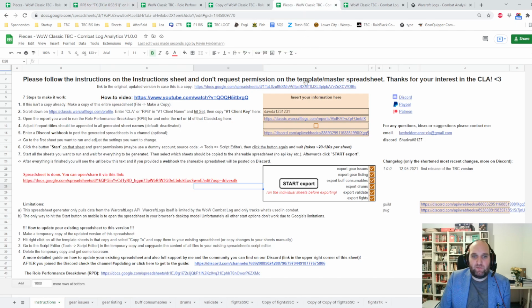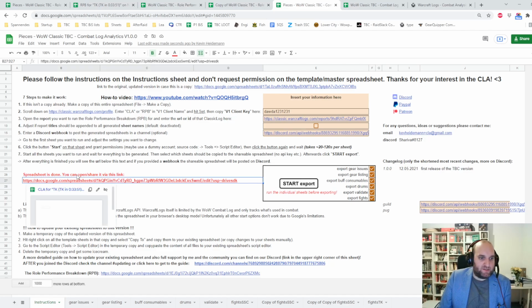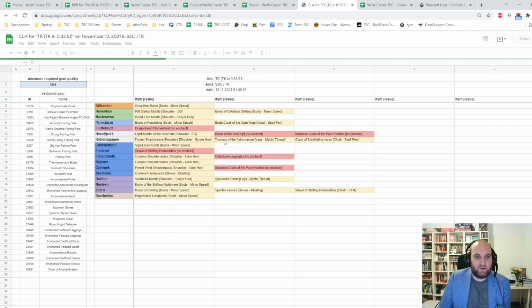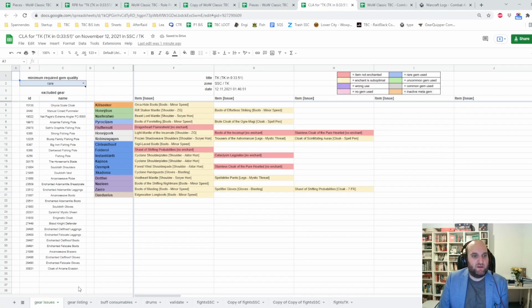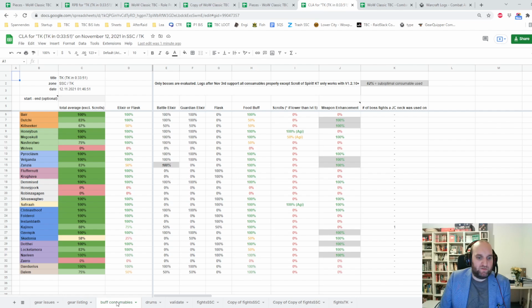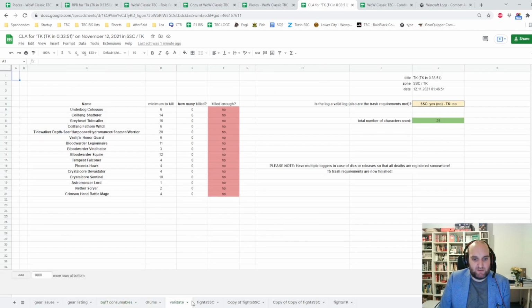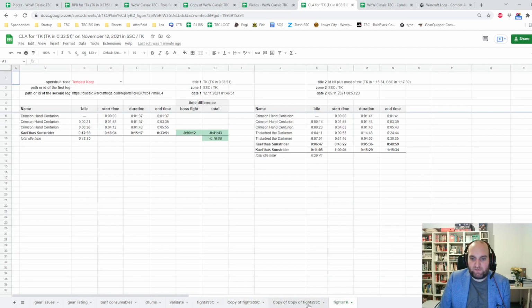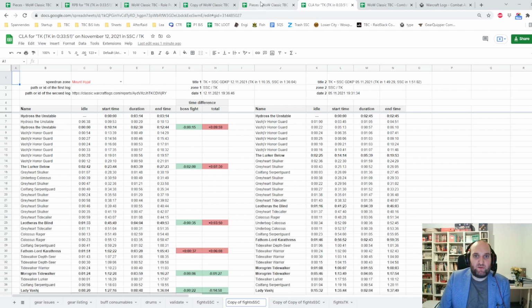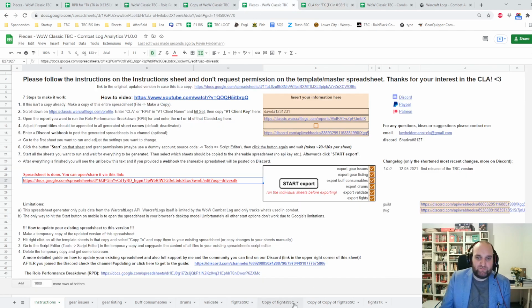Alright, back to the combat log analytics. We had the export. Now it says here spreadsheet is done, and if we open that, we now have all the tabs. A little bit, here we have less information. All of the stuff raiders don't need to see is omitted. And you can see all of these tabs are here. You can rename them. You can already rename them here. And yeah, that is how all of the basic stuff works, how you get those spreadsheets to run